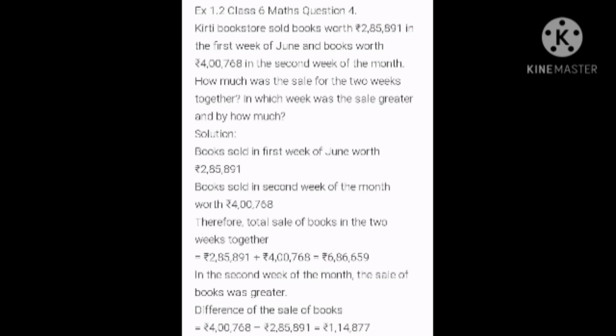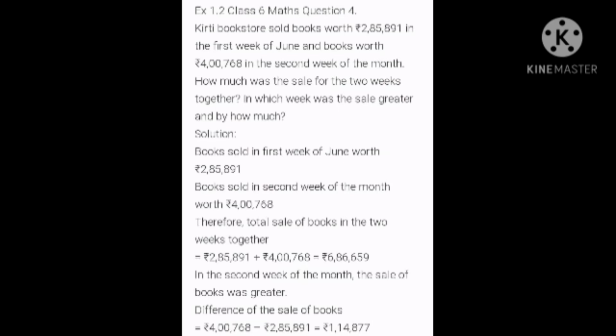Fourth question. Kirti bookstore sold books worth 2,85,891 in the first week of June and 4,768 in the second week of the month. How much was the sale of the 2 weeks together and which one was the greater? So in the first week of June they sold 2,85,891. In the second week of the same month they sold 4,768. Together means you are going to add. So when you add both the numbers you get